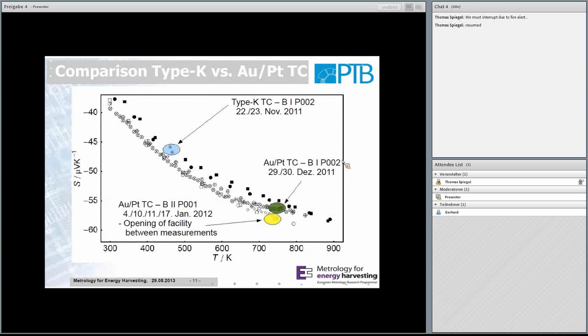So was it worth switching from Type K to gold platinum thermocouples? And these are the first data. Actually, the last data we took with the Type K version, and the first data we took with the gold platinum version. And of course, the best measurement we have. And you can see